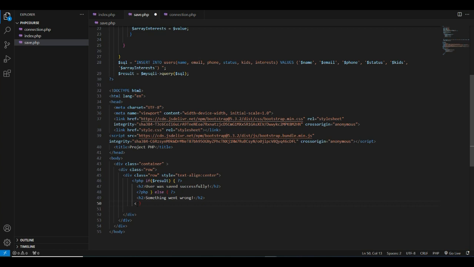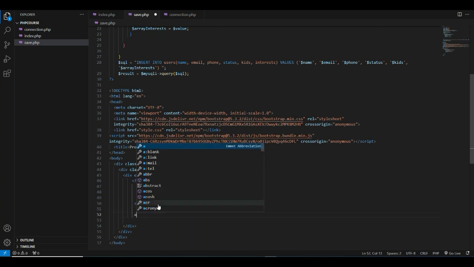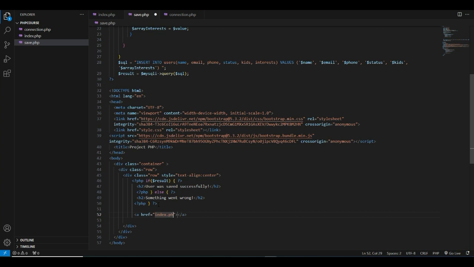finishing the statement here. PHP, like this, and then this is PHP, and then we close it here. There you go. And finally, we can probably put an anchor tag here, and the anchor tag will send us to the index, because now we are on save, as you can see here, save PHP. So this will send us to our index PHP,